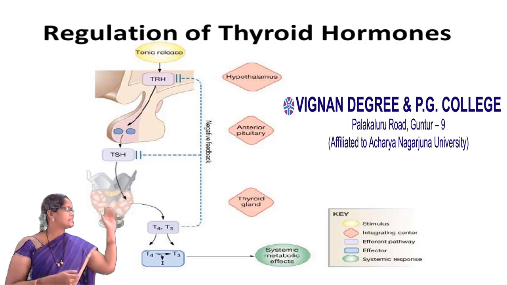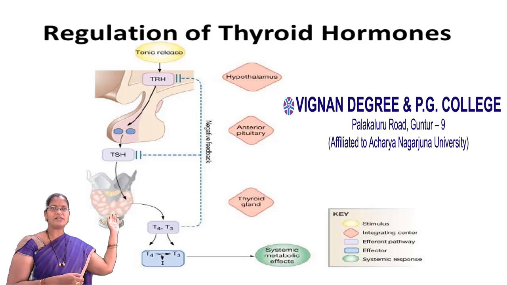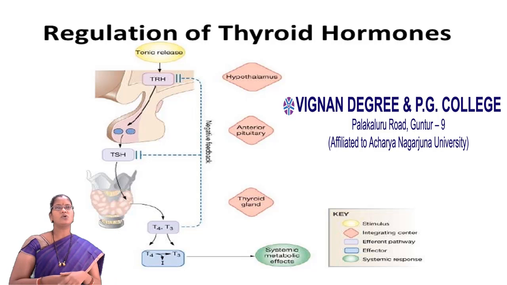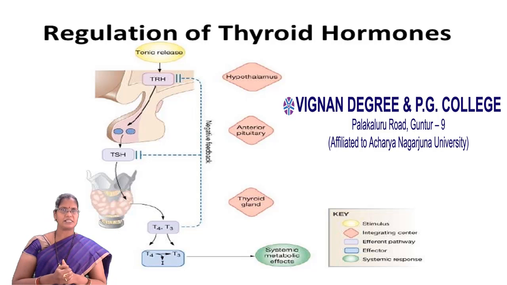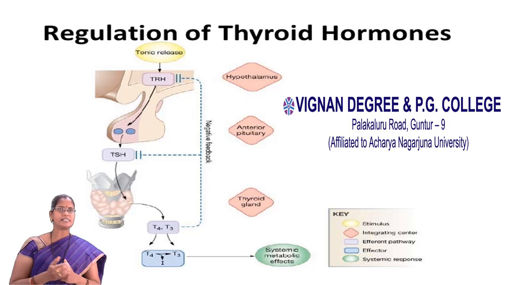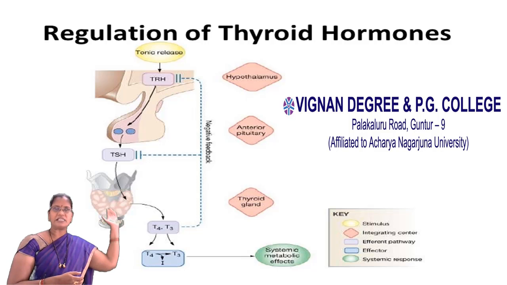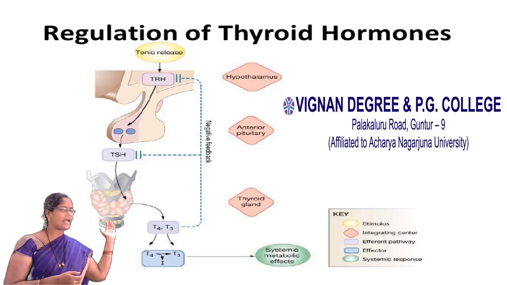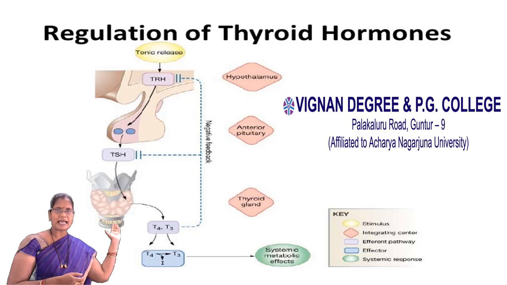So this is the slide exhibiting the regulation of the thyroid hormones. During the chronic release of thyroid hormones, chronic release means slow upward release. That means these hormones are slowly releasing and they will increase in their release. So chronic release will stimulate the thyroid releasing hormone, and this hormone acts on the anterior pituitary gland and it releases